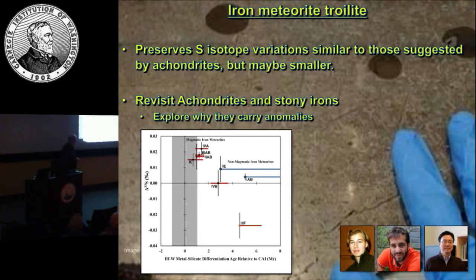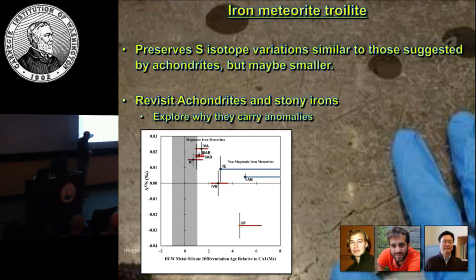And there's one other relationship. This is something that Mike figured out. At the time that he was doing his work, there was a study that Thomas Kruijer and Rich Walker and some of you were doing, studying hafnium-tungsten segregation ages. And these are ages that tell you the age at which the metal and silicate would have segregated. And what's striking here is this is the age of CAIs, is that these things had very, very early ages. Basically, you form these planetesimals very early, and then you differentiate them.